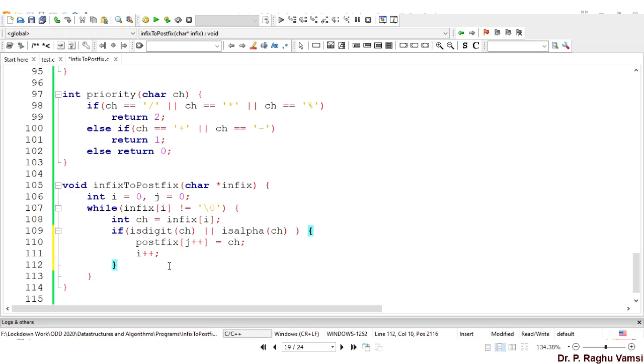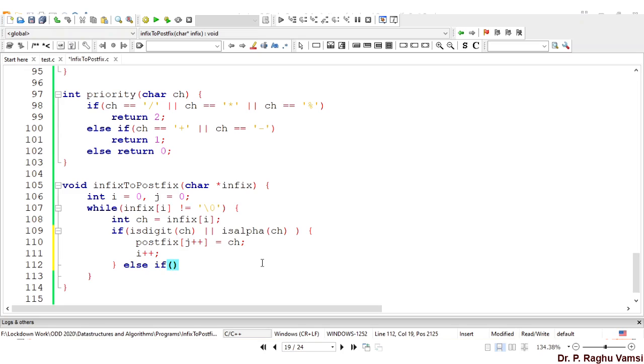So if not these two, then the program should also work for the case where the input character, the reading character, is a bracket open. Then we have to push the elements into the stack. That is, we have to push the bracket open into the stack.